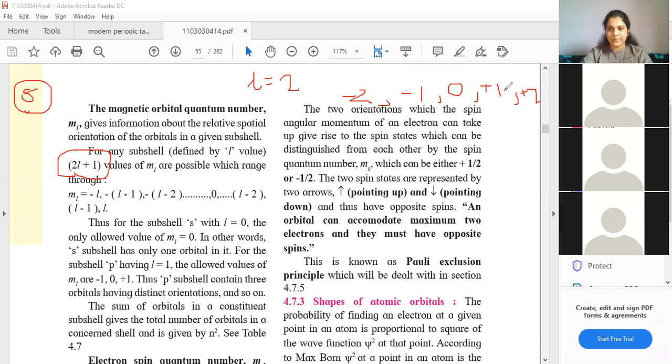When L is 3, you will substitute over here. 3 2s are 6 plus 1 is going to give me 7. So what is ML in this case? ML is a range of 7 values. So in the center, you will write 0. So one value done. 3 on the right hand side, 3 on the left hand side: +1, +2, +3, -1, -2, -3. Students, please let me know if everyone is understanding what this ML is.